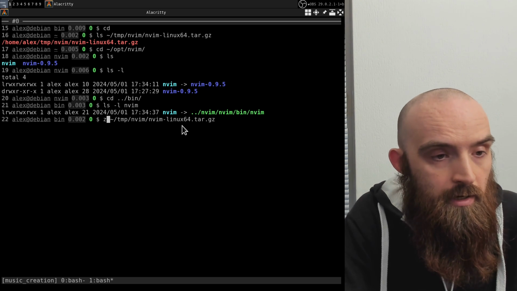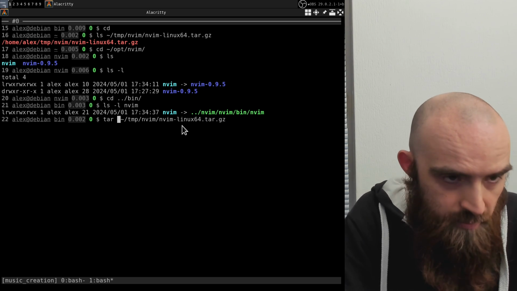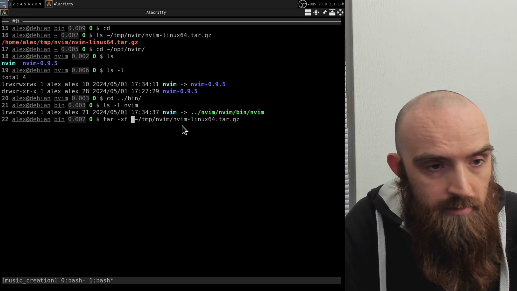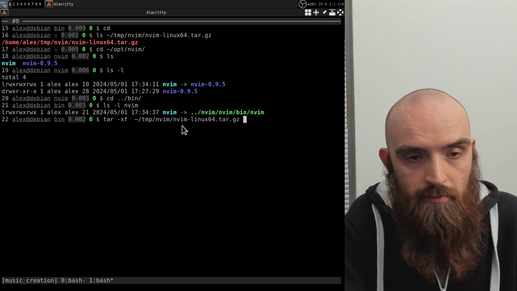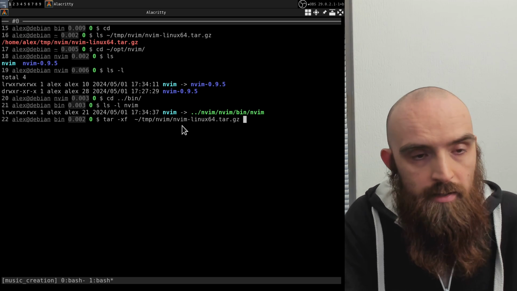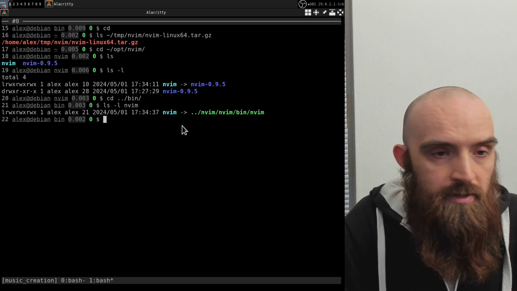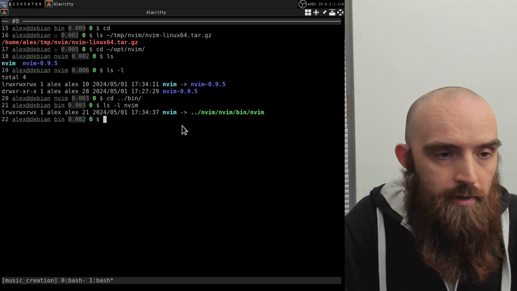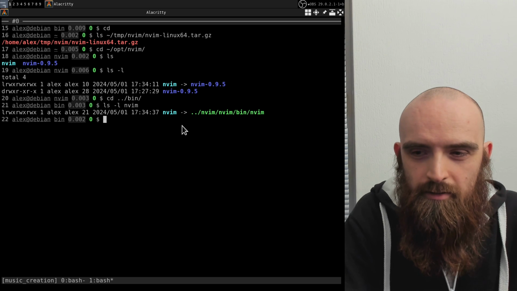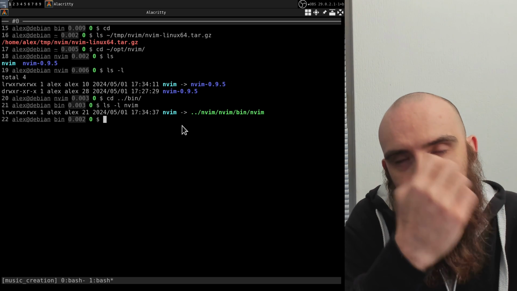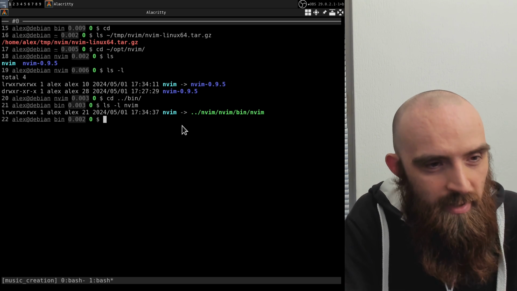So here's our archive that we downloaded, and then you just tar -xf it in here, rename the subdirectory that gets created to whatever you need. And then just symlink everything in your bin directory, and everything will be working fine. I did have installed, or still do have installed, the Neovim from Debian apt, but it